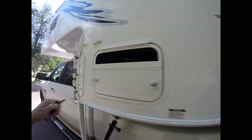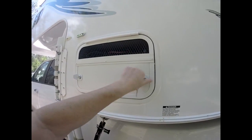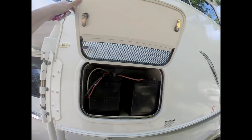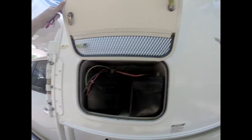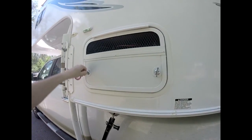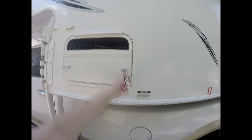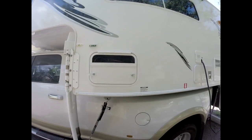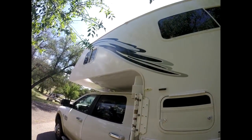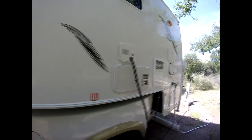And then it also came with two 12-volt batteries. It has a solar panel on top. There's the batteries. And I think I'm having some problems with the solar panel, and I may do a video on that and see if y'all can help me out and find out what the problem is. It says it's charging, but it doesn't show that I have any amps coming in. So I'm assuming that either it's not connected properly or my solar panel is bad. But this is the external